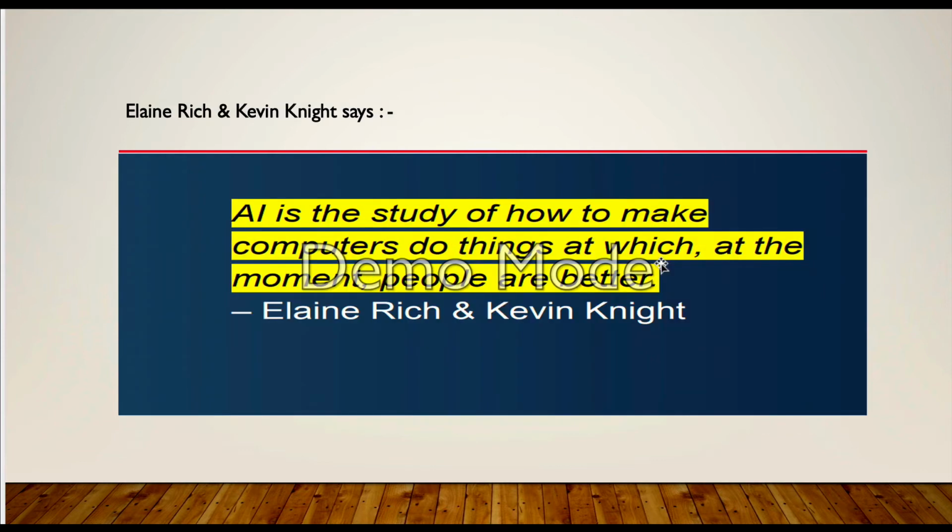There's another definition, from Elaine Rich and Kevin Knight: AI is the study of how to make computers do things at which, at the moment, people are better. One consequence of this definition is that everything computers can already do better than or just as well as humans is, following this definition, not considered AI anymore. Take pathfinding and navigation, which were considered AI some years ago, but today are often considered just normal algorithms.